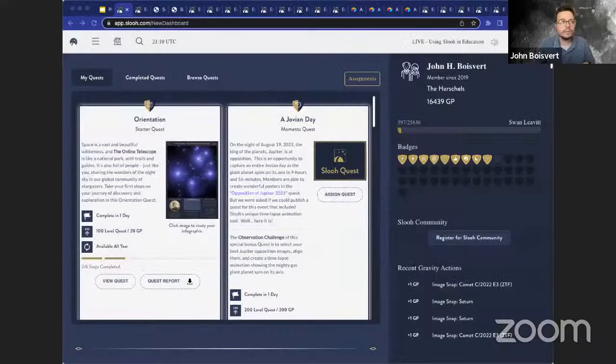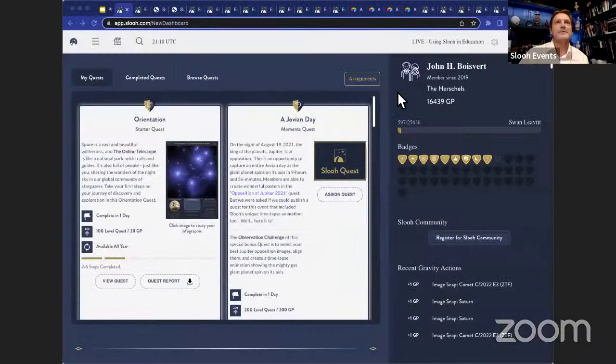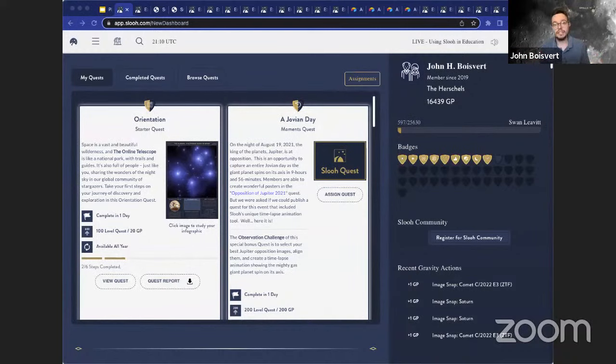So if you're new to Slooh, quests are, I hope we can see my screen pop up. So quests, they are our learning activities that we have here on the Slooh platform. They are coherent, well-sequenced experiential learning activities that use Slooh's telescopes to capture images of celestial wonders while learning about specific aspects of astronomy, history, anthropology, arts, and other STEAM topics, which help keep students engaged and excited to learn.